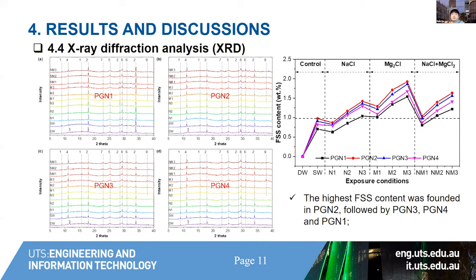This is the XRD results for the different mixtures in the different source solutions. It could be observed that increasing concentrations of the chloride solution lead to a higher Friedel's salt content in every mix. Especially, there is a higher Friedel's salt content in the mixtures exposed to the solution with magnesium chloride than those with sodium chloride. Referring to the right figure, in the same exposure source solutions, the highest Friedel's salt content was found in the